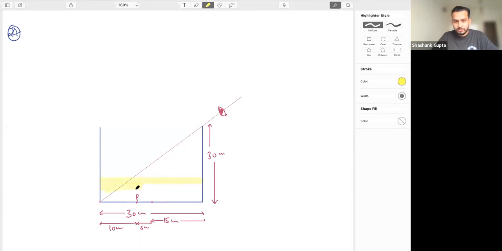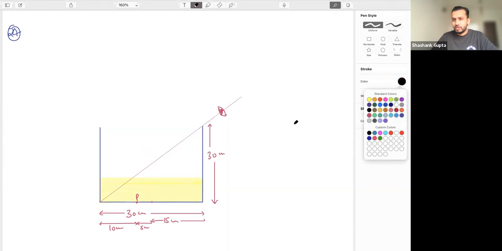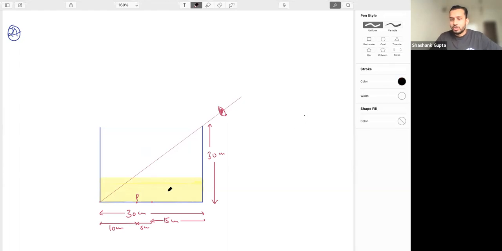This is my water. So I have poured the water here such that this eye will be able to see the image of the point P. I hope no doubt about the final ray I'm trying to draw. Understand, what is the final ray? Suppose till this height I have poured the water. Let's take this height to be h, and we have to find the value of h, the minimum height. Okay, what will happen now?